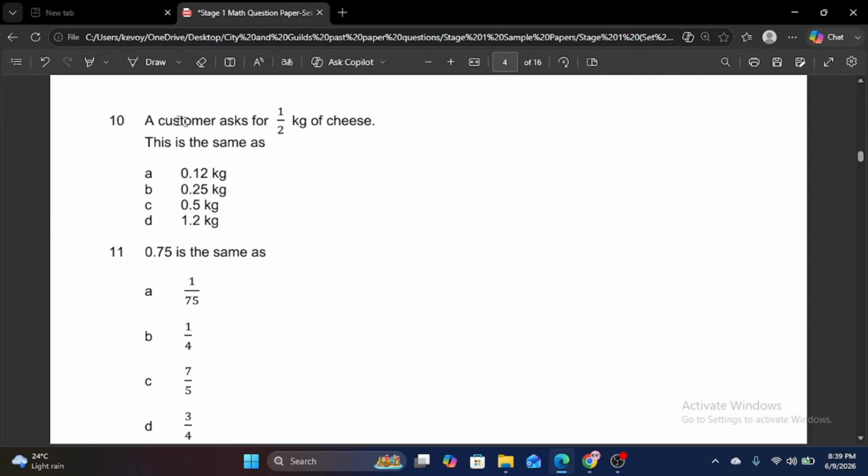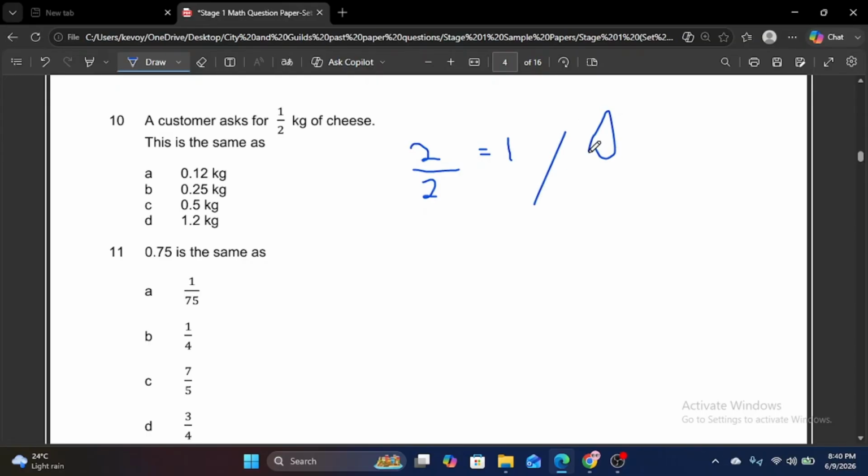Alright, so a customer asks for half kilograms of cheese. So that's gonna be the same as, a half kilograms of cheese. So if you have 2 out of 2, that's considered as 1. The reason why I'm saying this is because since 2 over 2 would be considered as 1, that's just 1 cheese. But if you want to find half kilograms of cheese, that's gonna be a half of 1. And a half of 1, that's going to be 0. Sorry, that's gonna be